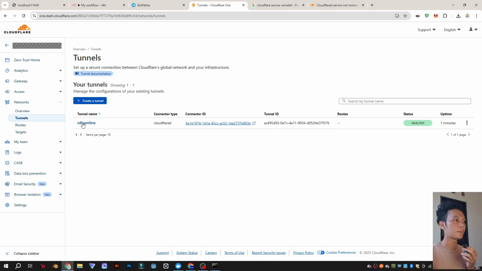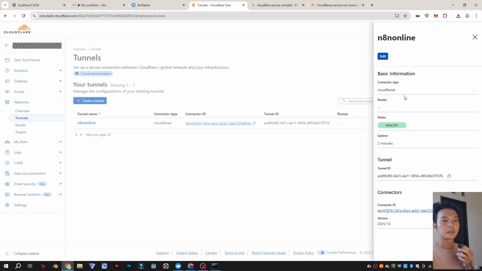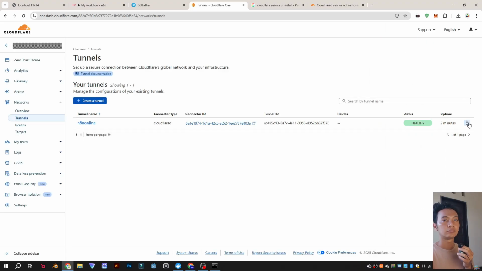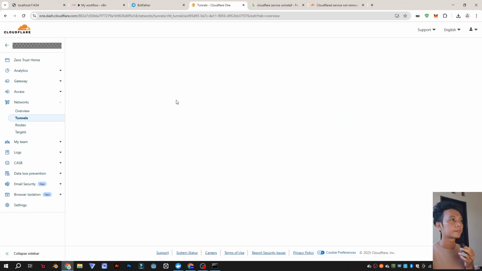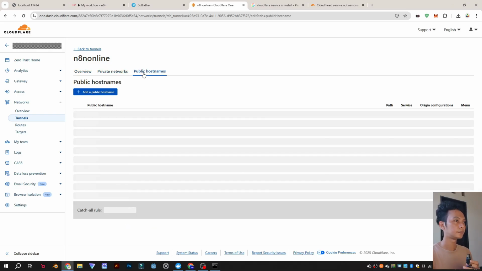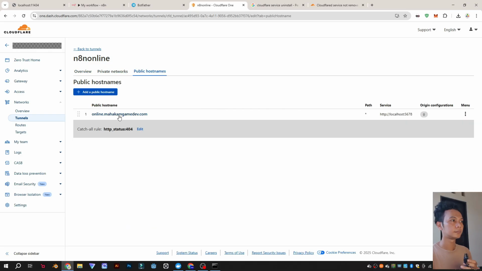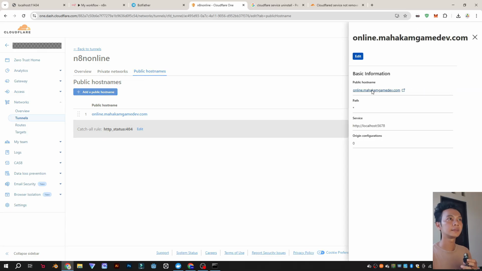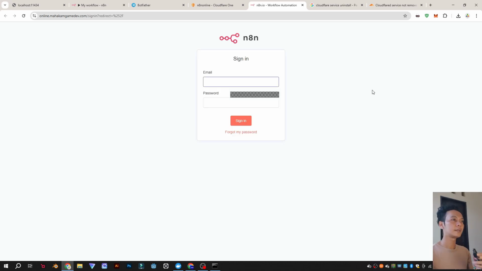So we can open it. We can visit this link. So you can see we have an N8N online, same as our computer.